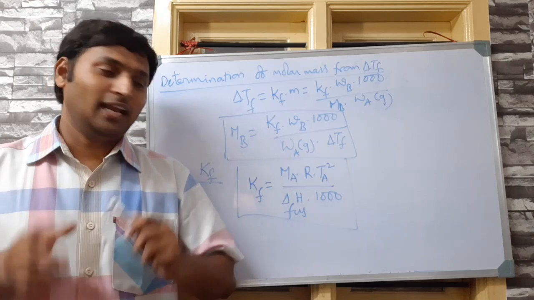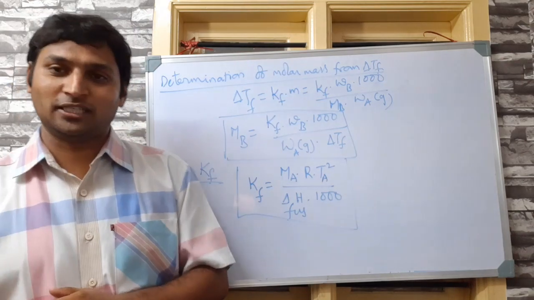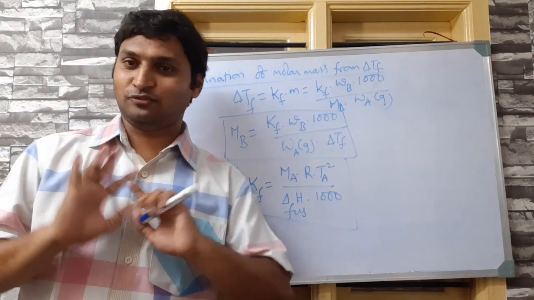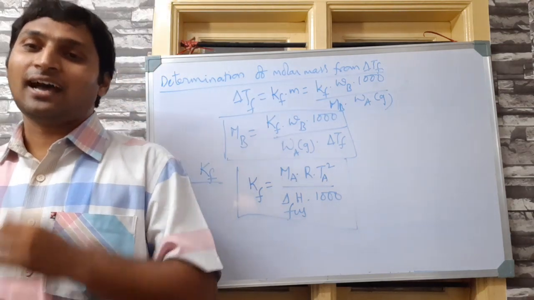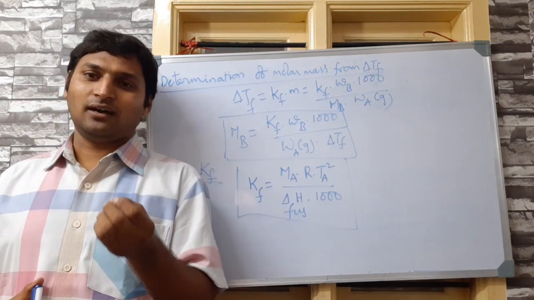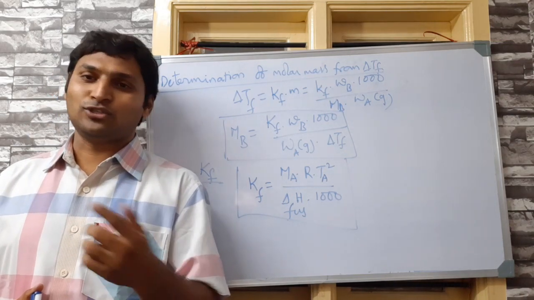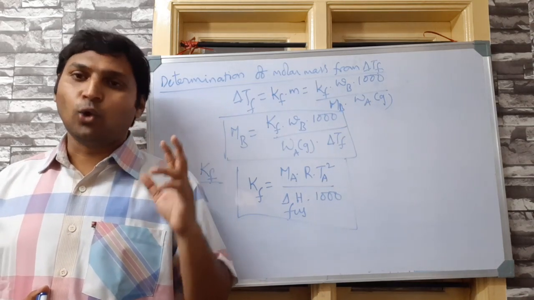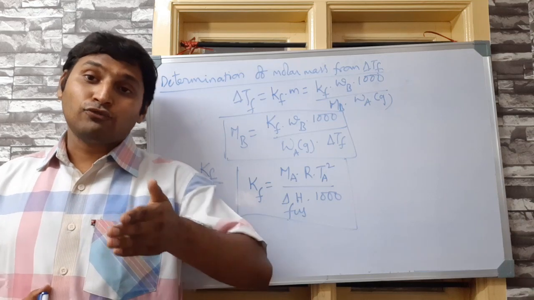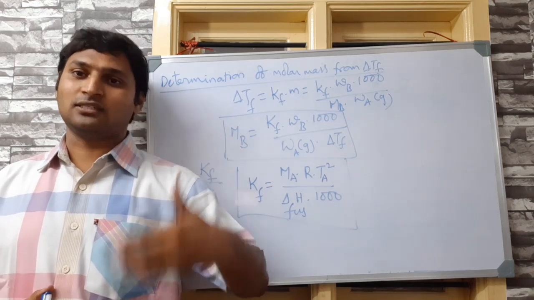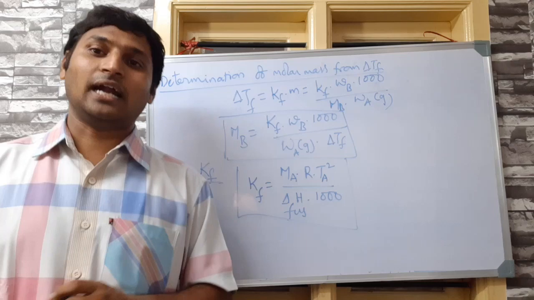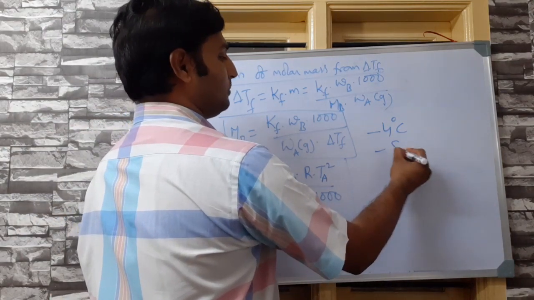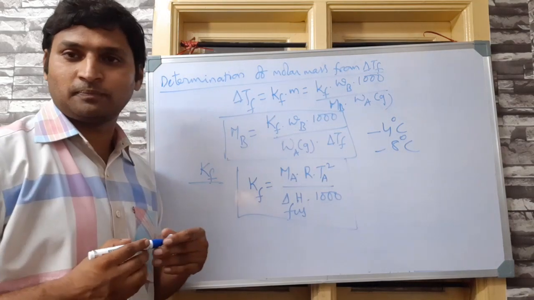Then now let us go to some practical applications of depression in freezing point. See, especially in cold countries, we India, no issues. In India, maybe there are very few states in which temperature goes below 0. So we don't have much problem here. But there are certain cold countries like America where for seasons, maybe 1.5 months, 2 months, 3 months, there will be conditions in a day where temperature is going minus 4 degrees Celsius, minus 8 degrees Celsius, much below 0.